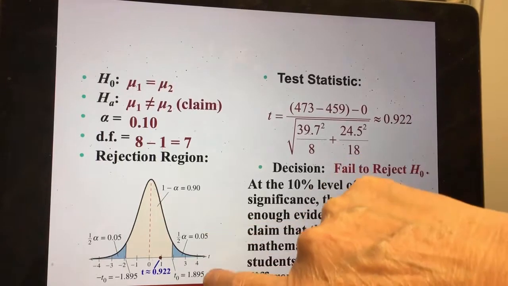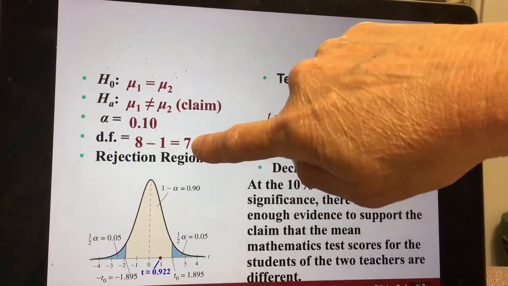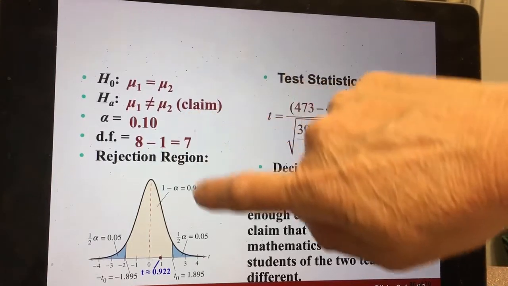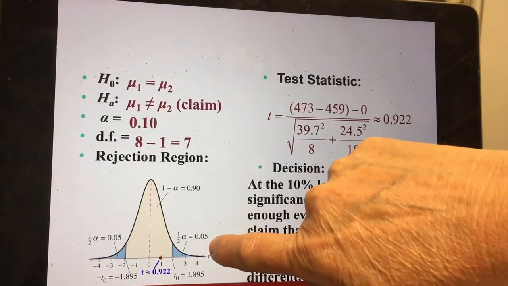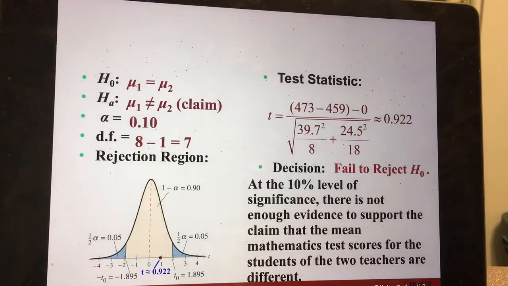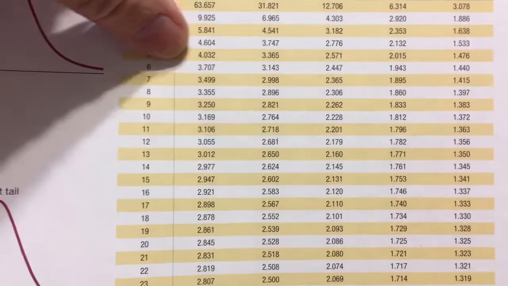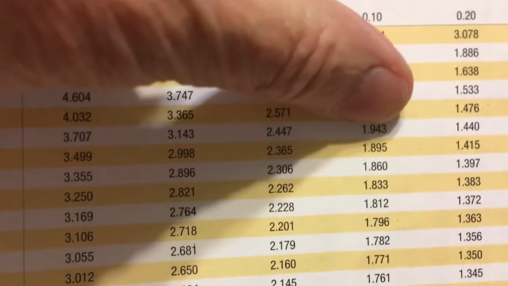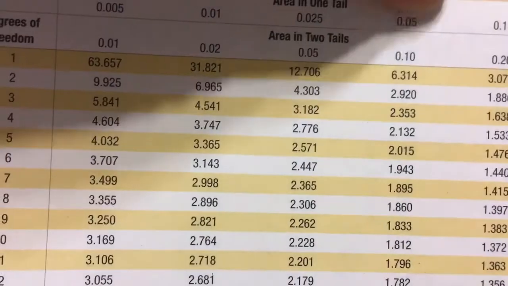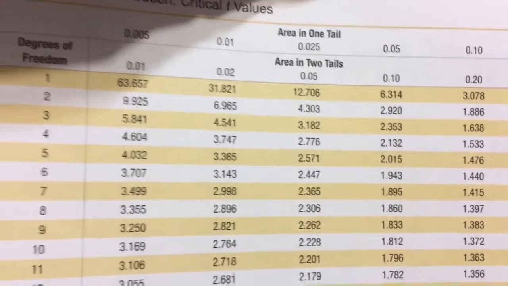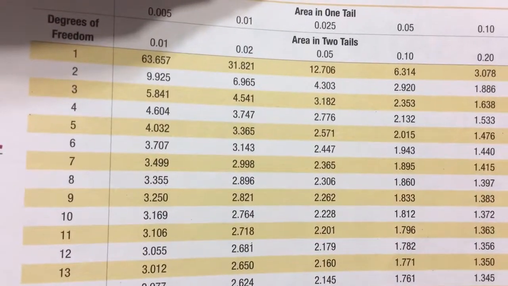Because we're looking at a t-score, our degree of freedom is important. So we would look under degree of freedom 7 and 0.05 in one tail. And that's going to give us, here's the 7 going across to 1.895. And notice that's the 0.10 in two tails, or the 0.05 in one tail. So that's where they're getting their